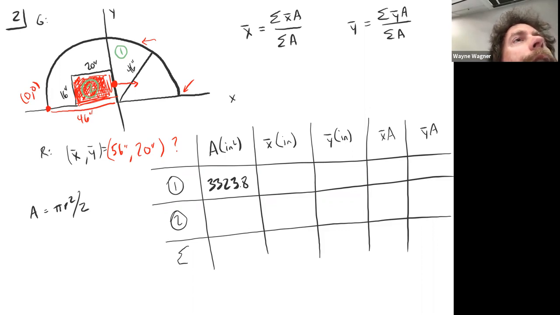Oh, I see. Okay. Anyway, so it's symmetric. So it's going to be this 46 inches. So we'll go 46 inches right here. Okay. And then,